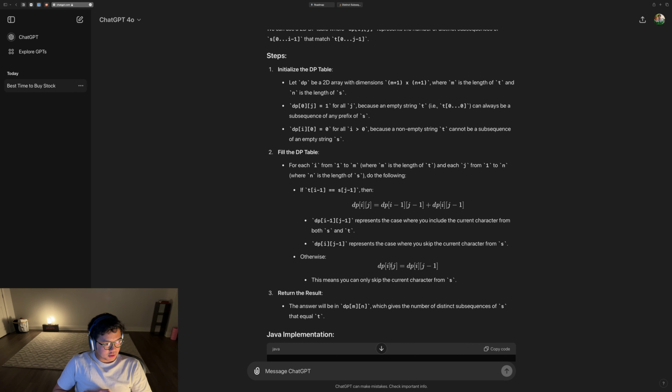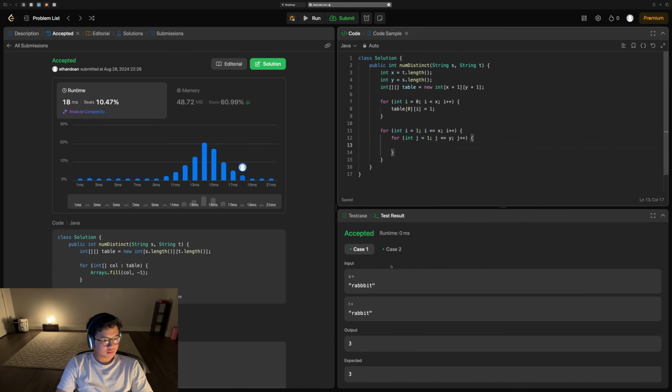So if the letters equal each other, the table will have dp[i][j] minus 1. Okay, I see. So if